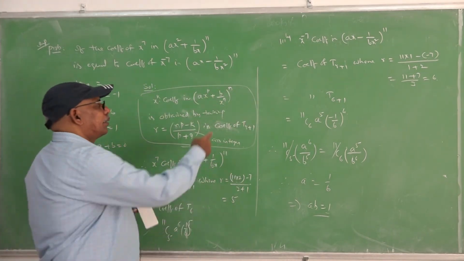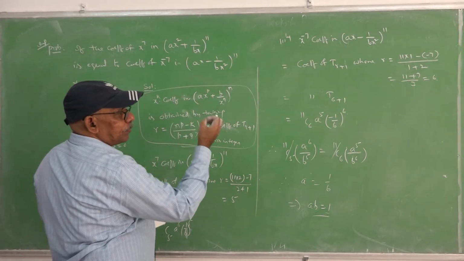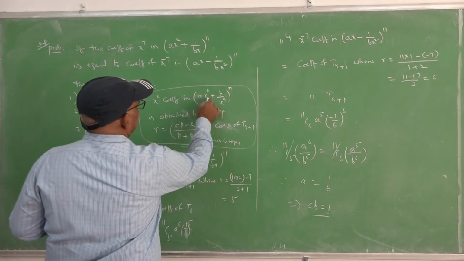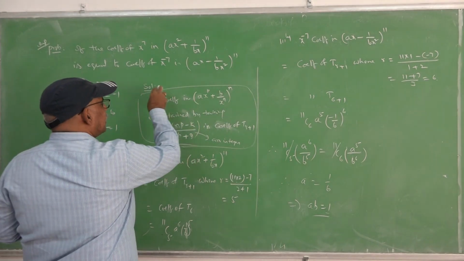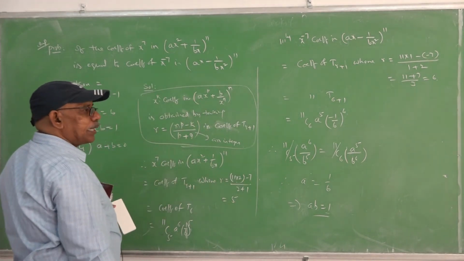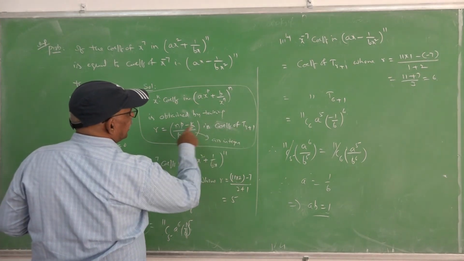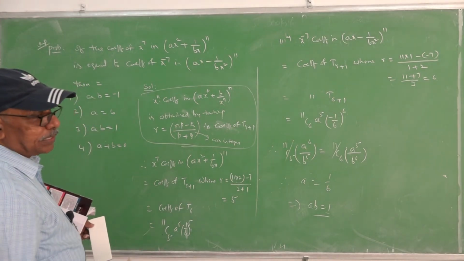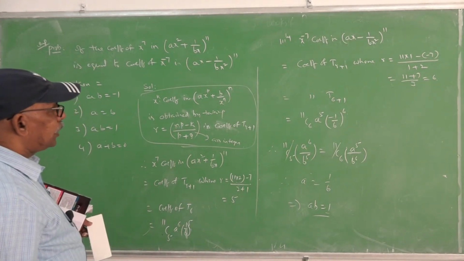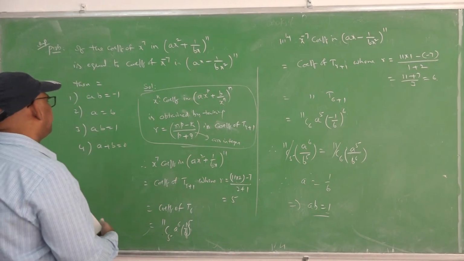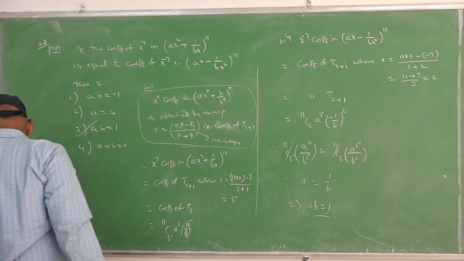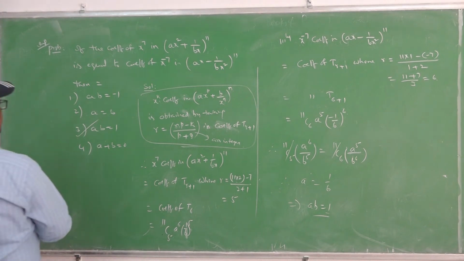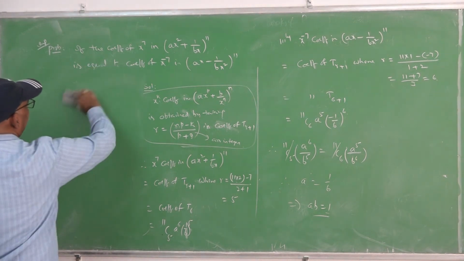This is one important worth note point for finding required powers of x once the binomial expansion is in this form, (a x power p plus b by x power q) whole power n. Then x power k th term is obtained by t r plus 1, where r is (np minus k) by (p plus q). Here that must be an integer. If it is not an integer, there is no such term, there is no such power. That is the case here. So the required relation ab equal to 1 itself. This is one important problem. This is a worth note point.